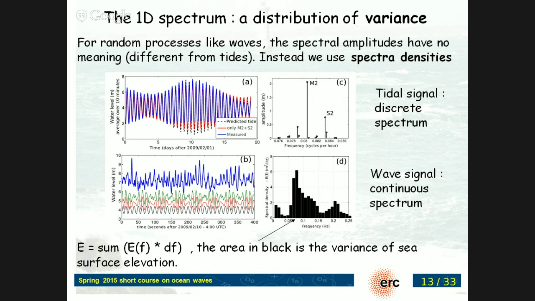What I should have done here is draw some error bars on top of that, because if you take the sea surface to be a random process, it's almost Gaussian. Even in this shallow water case, it's pretty close to Gaussian. If you take the Fourier transform of a Gaussian distribution, the amplitudes of your Fourier transform are also Gaussian distributed. So, in theory, the distribution of the energies, the spectral densities, follows a chi-square distribution. And this chi-square distribution can be very wide, unless you add up many different spectra.